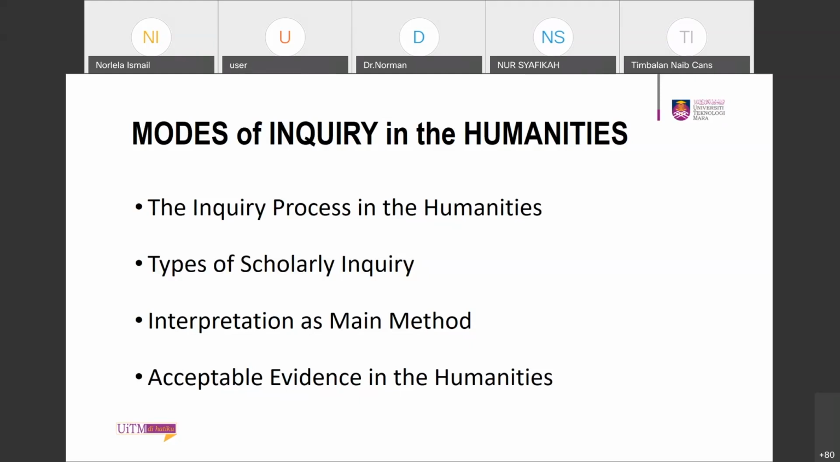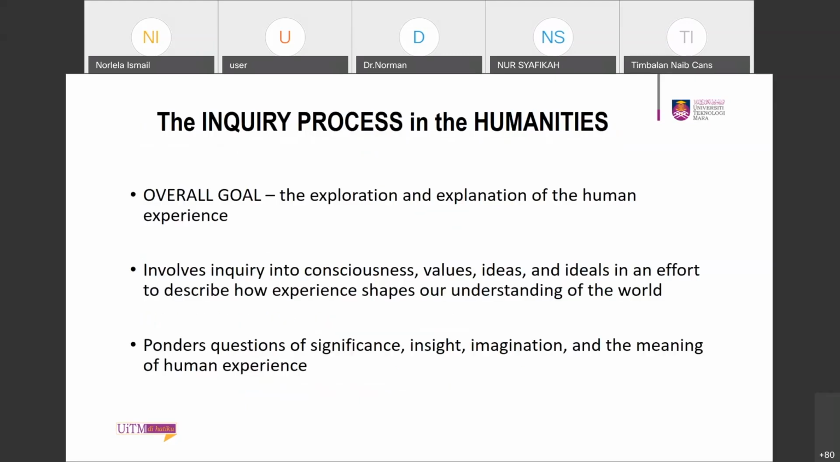The first is the inquiry process in the humanities. This is the structure of what I'm going to talk about. The second one is the types of scholarly inquiry. The third one is interpretation. Humanities is very much concerned with interpretation as its primary method. And then evidence, acceptable evidence in the humanities. So the inquiry process, the overall goal